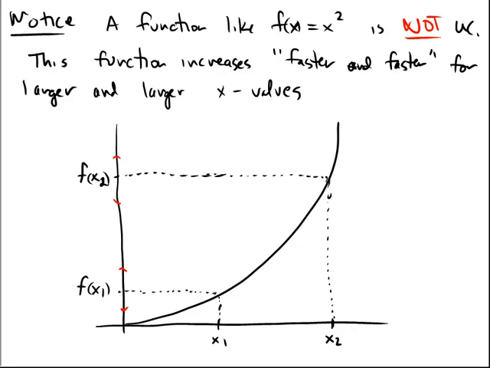Okay, so just to make sure that we see what it looks like in a picture here, a function like f of x equals x squared is not going to be uniformly continuous. This function increases faster and faster and faster for larger x values. So I drew a little sketch here of a very rough f of x equals x squared. And notice that if I were to come along here and hit the axis,